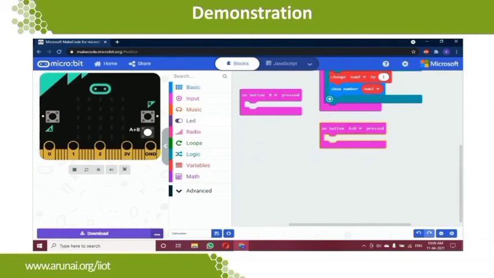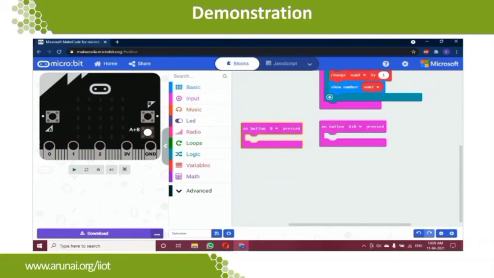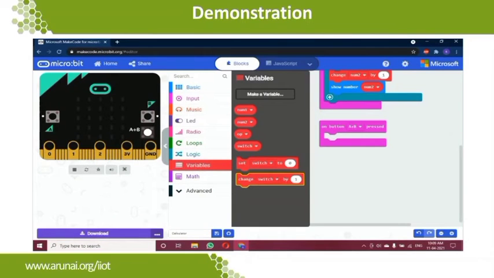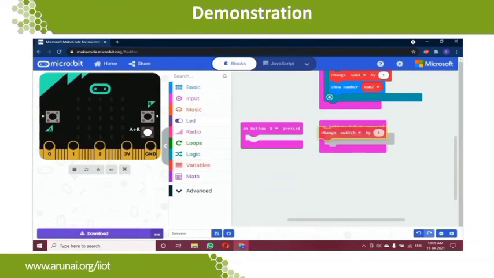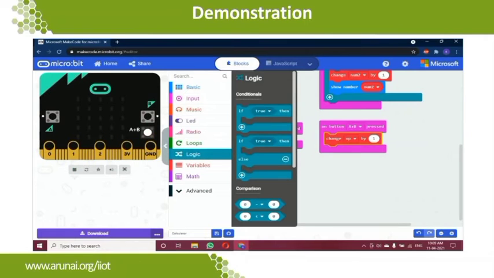And next we are going to work on the situation when A and B both are pressed. So in A plus B, the situation is we are going to set the operators. That is, we are going to fix the operators.